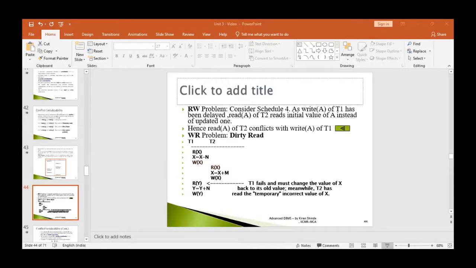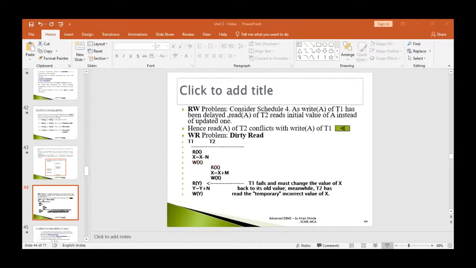Then W3Z is the write operation initiated by transaction 3. Similarly, I have written all the instructions as per the given sequence. After you represent it in this tabular form by identifying the number of transactions, you will find it very easy to draw the precedence graph.